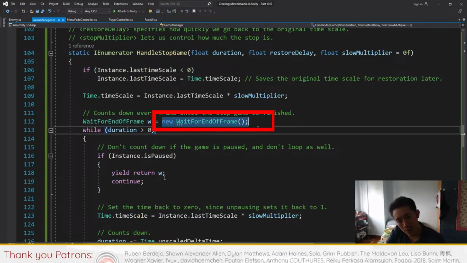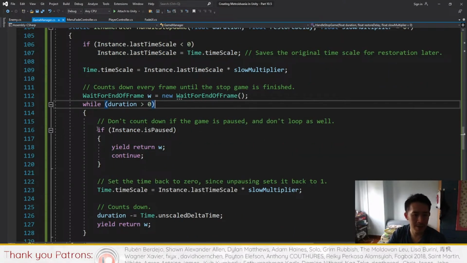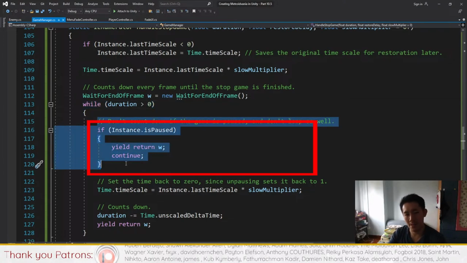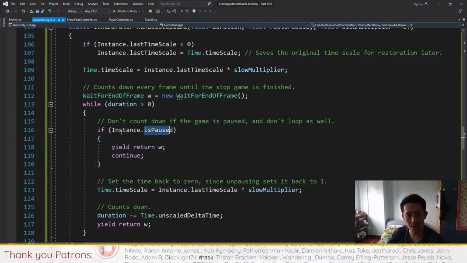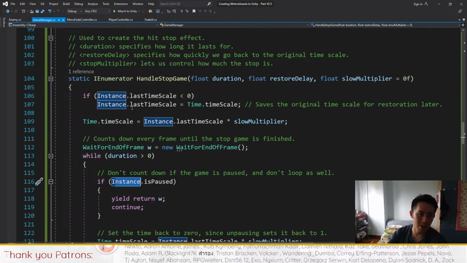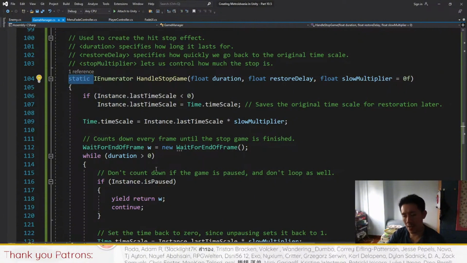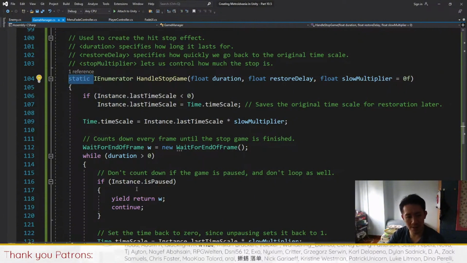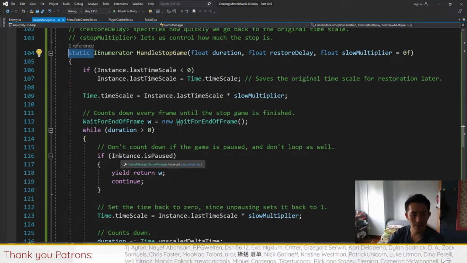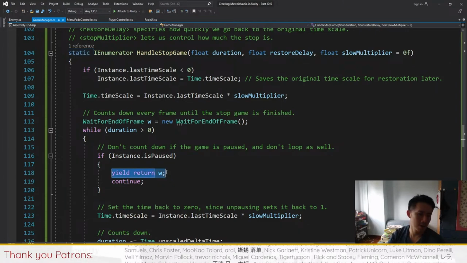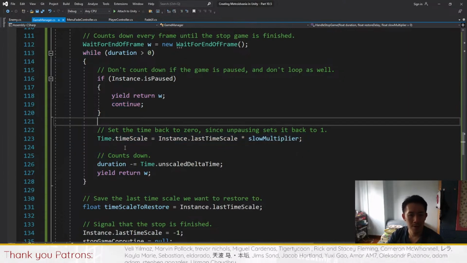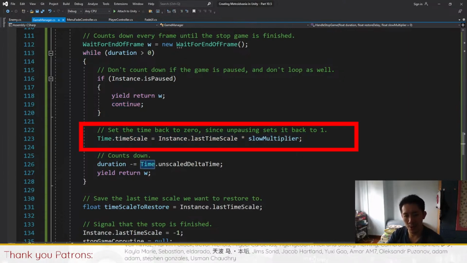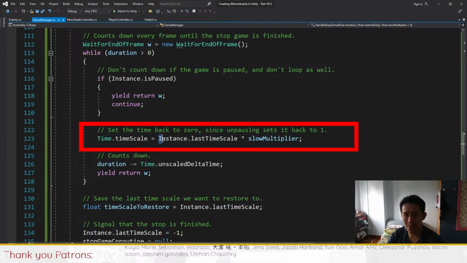Okay, the most important part in the code that we have over here is this chunk that says when the game is paused. Over here we check if it's paused by using instance, because remember we're in a static function and we cannot access instance variables inside a static function. So if the game is paused, then we will just wait for 1 frame and then we will not do anything below. Otherwise, we will set the time scale to whatever the last time scale is, multiplied by the slow multiplier,